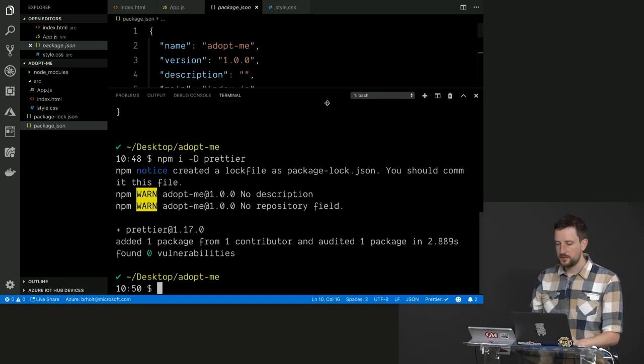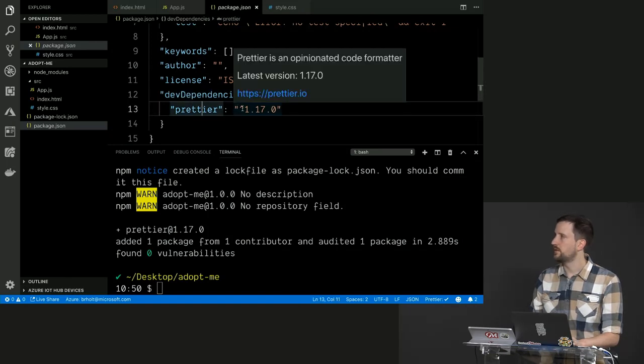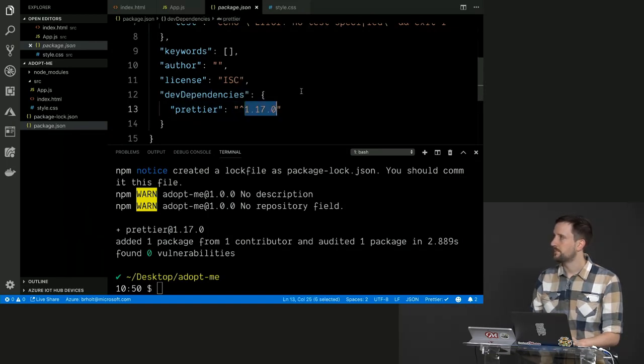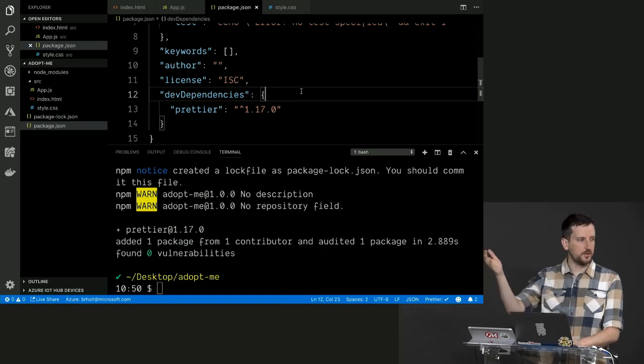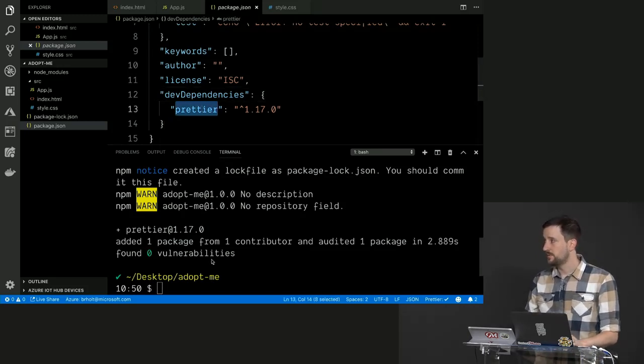Okay, so now if you look back at my package.json, you'll see here that I have devDependencies, and it has now pegged Prettier at 1.17. Yours might be different if you're doing this in the future, but it's a relatively stable project, so you can go ahead and do that. So now I have Prettier installed, and Prettier is going to do things where I can format my project